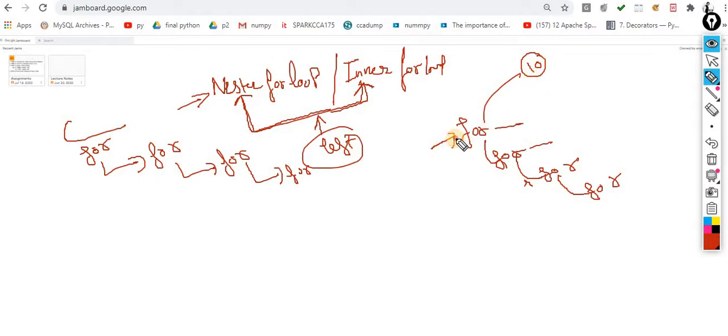Now this is my outer for loop, this one is my inner for loop, this one is again inner, but this one is now outer. For this loop, the outer loop is this one and this one is the inner loop. For this loop, again this one is the inner loop, and this one is the outer loop. So here the concept is, let's suppose I specify over here that I have to run 10 steps, 0 to